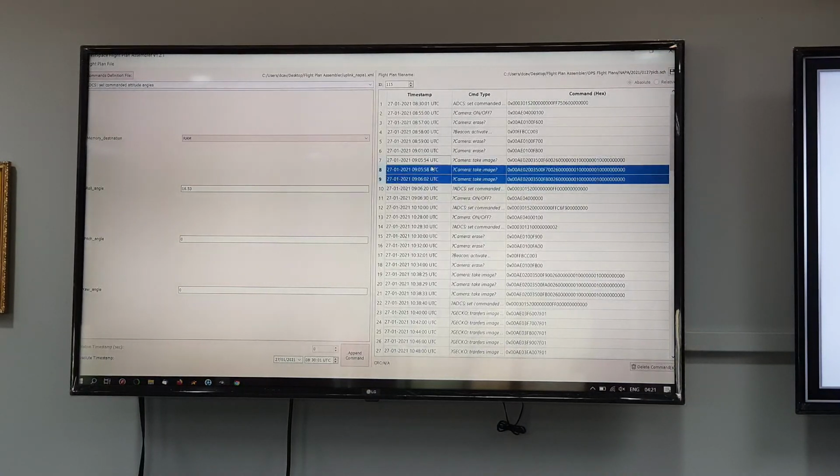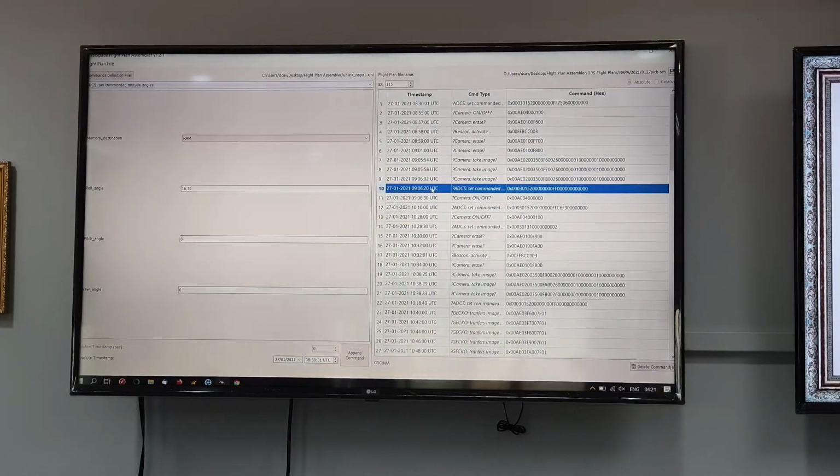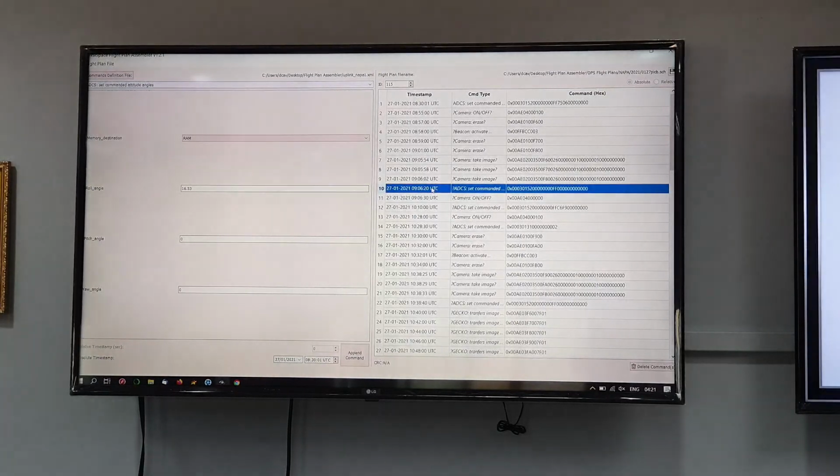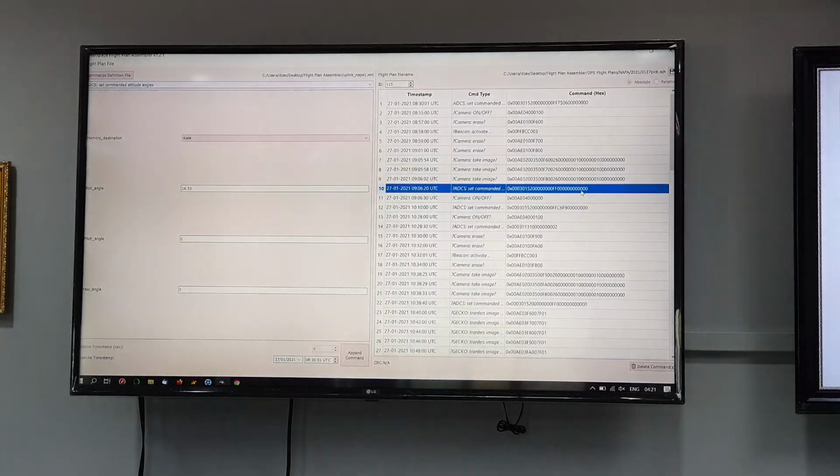Okay. Then we have taken the images. Since the roll angle is high, I want to bring it back to a neutral position. Another command is sending it to 0 again. And you can see here, instead of having values, we have all zeros. Nadir pointing. Okay. There, everything goes around 0, as it was during the pass.